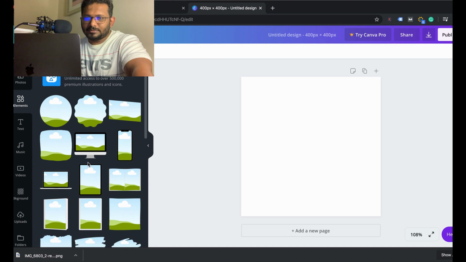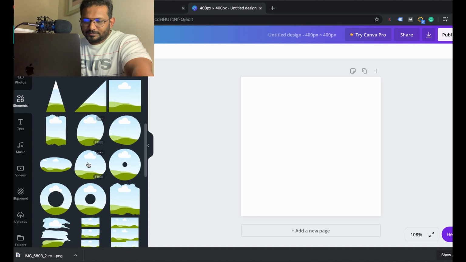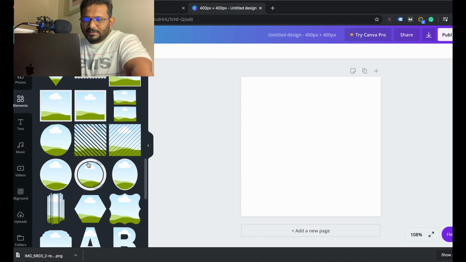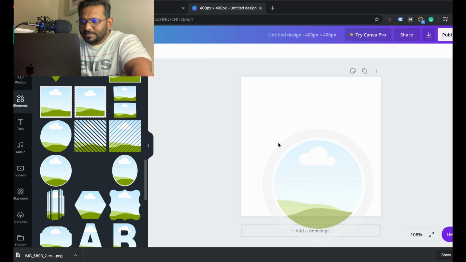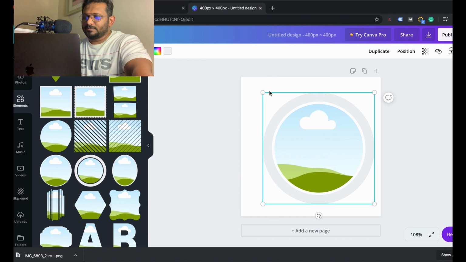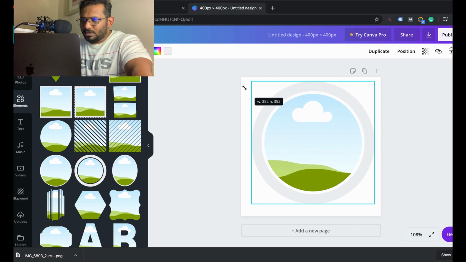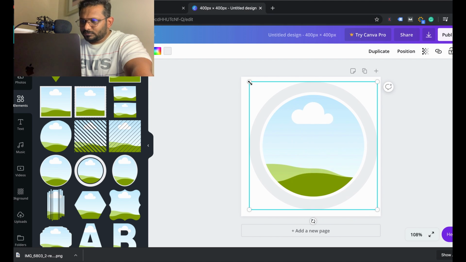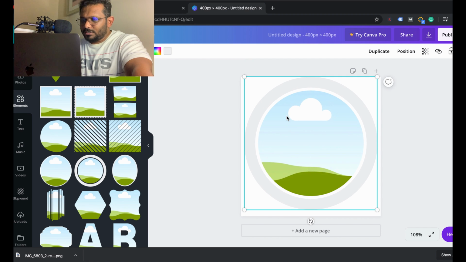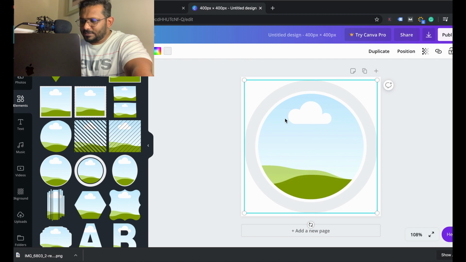Click on frames, scroll down, and there we can see this particular frame. Just drag and drop it over here and adjust the size. Okay, the adjustment is done.